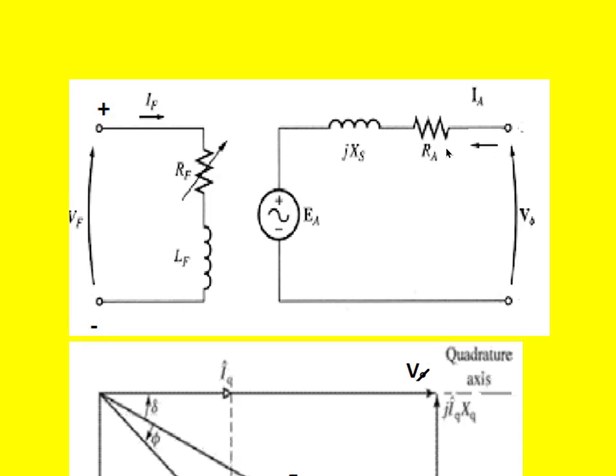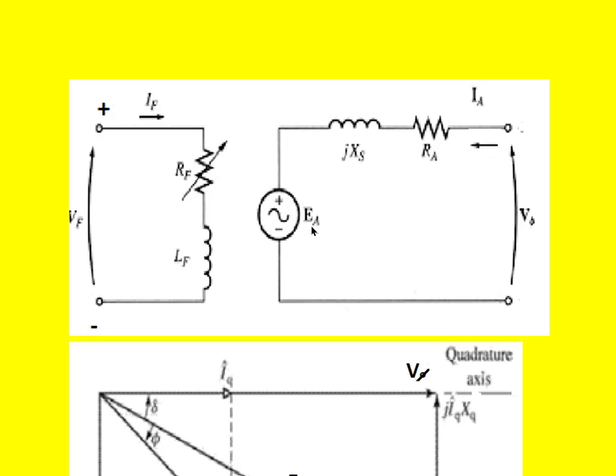So when we draw the equivalent circuit of the synchronous motor, we have two parts: one is the rotor circuit, the other is called the stator circuit. For the stator circuit, the per phase circuit is like this. This is the AC supply that we give, and because it is a motor, it takes current from the supply. This is the armature or stator resistance per phase, this is the stator reactance per phase, and this is the induced EMF in the stator windings.